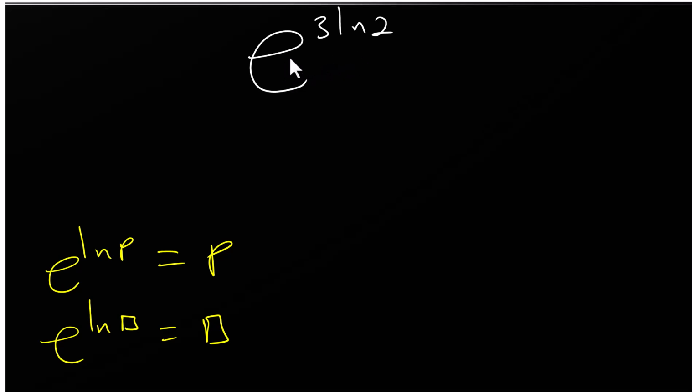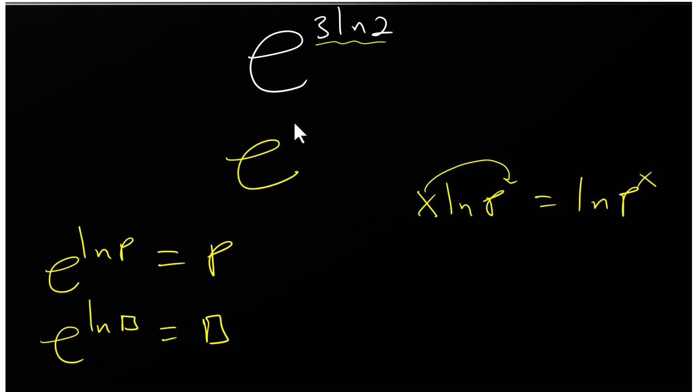Now we have e raised to 3 ln of 2. So this 3 is blocking this, but don't forget that when we have x ln of p, this is a power rule, that will be ln of p to the power x. So we can say e raised to ln of 2 to the power 3. Okay, and e raised to ln, per the properties here, that will be 2 to the power 3, which is 8